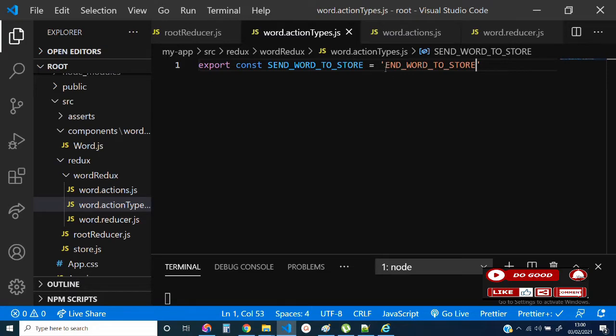Just paste it. Sorry, send word to store. Good. And next one